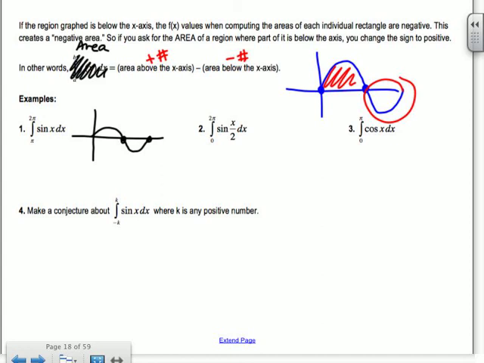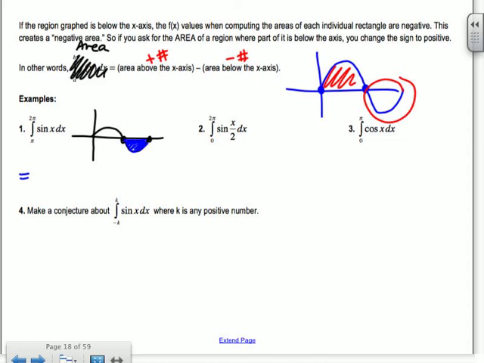Because you can't have a negative integral value. It happens. Okay, so we're finding what the integral is from there to there. So it's going to be a negative number. So when I compute this,